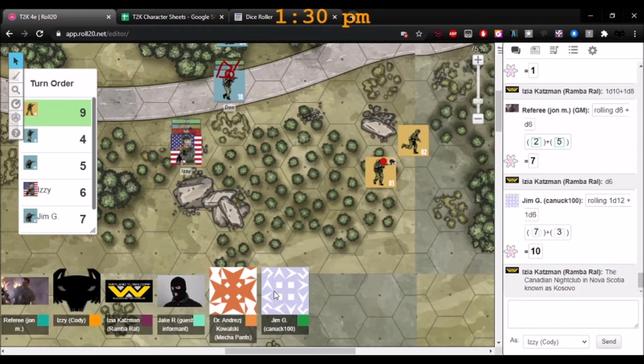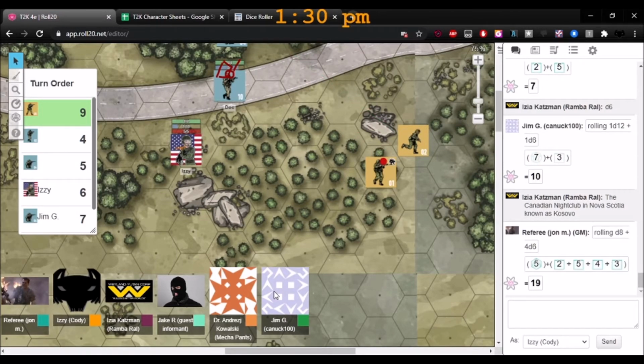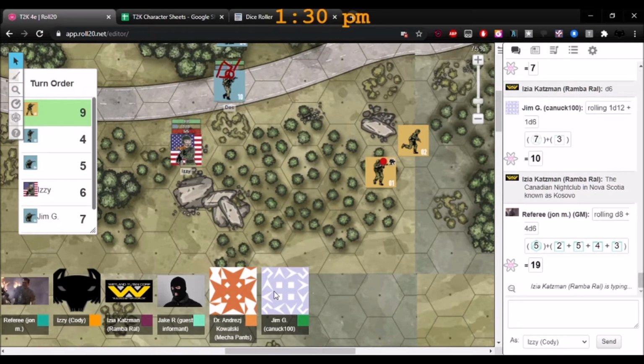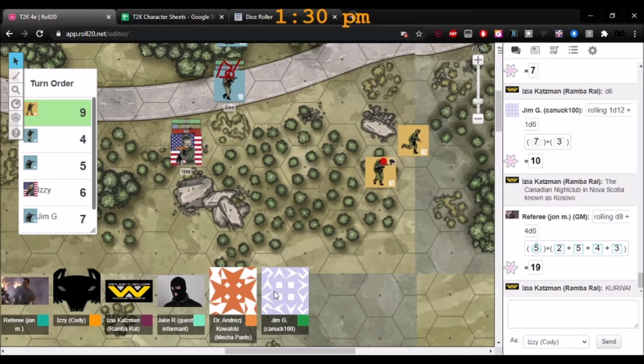Plus 4d6. Let's try that. So, no successes. So he just ricochets off the rocks. He's just rock and roll, screaming at you in Polish too. It's not perfectly still, but he misses with everything.